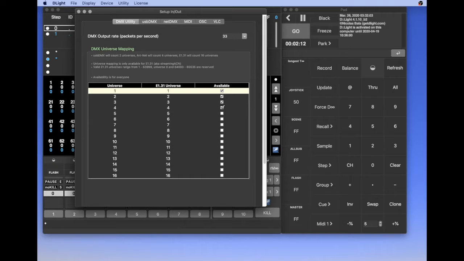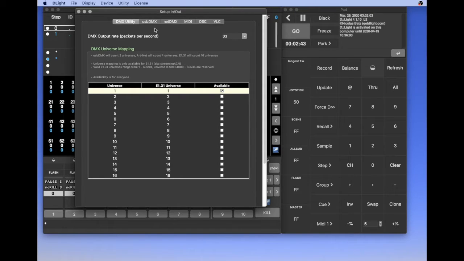I suggest you not to tick more than the available universe you need, in order to preserve your computer processor for other software like video or sound software that needs a lot of CPU. So I untick them. So this is the DMX universe mapping.